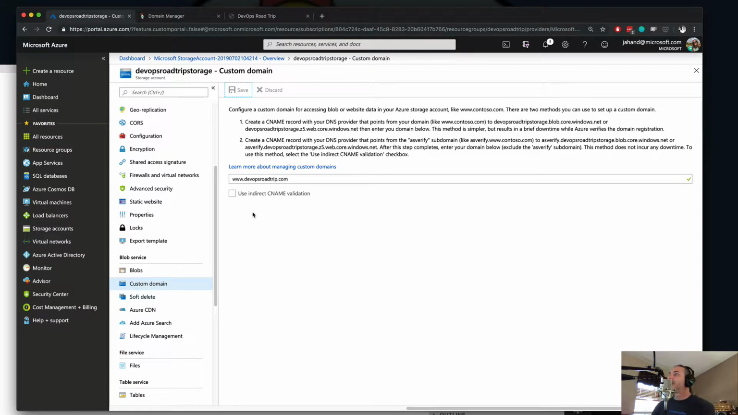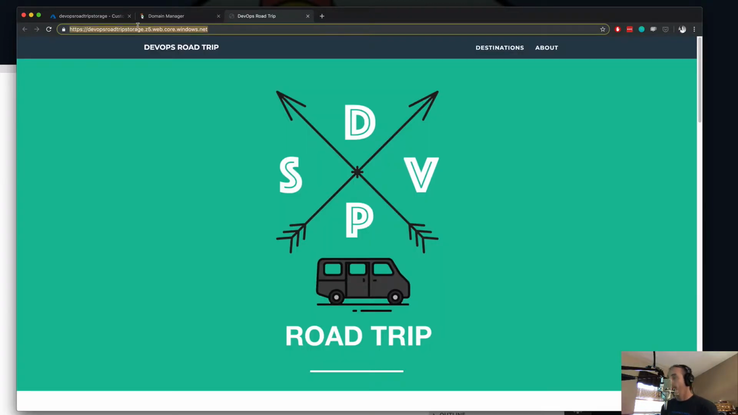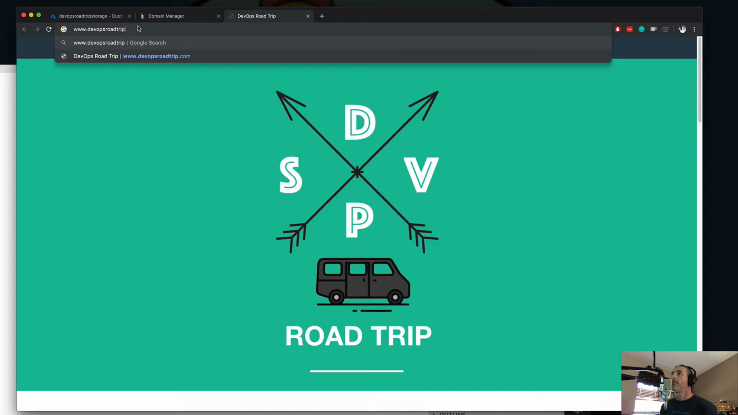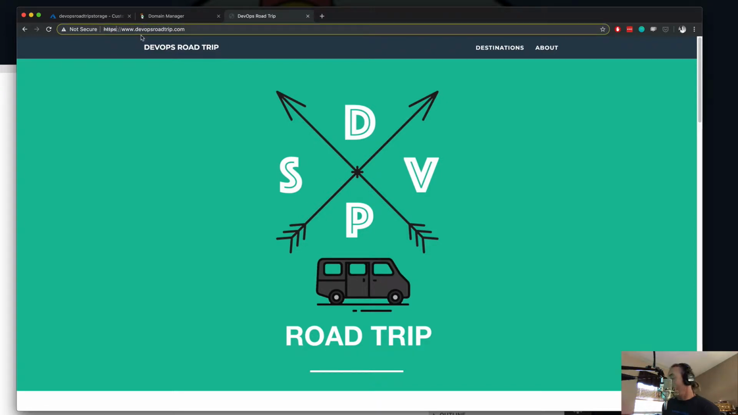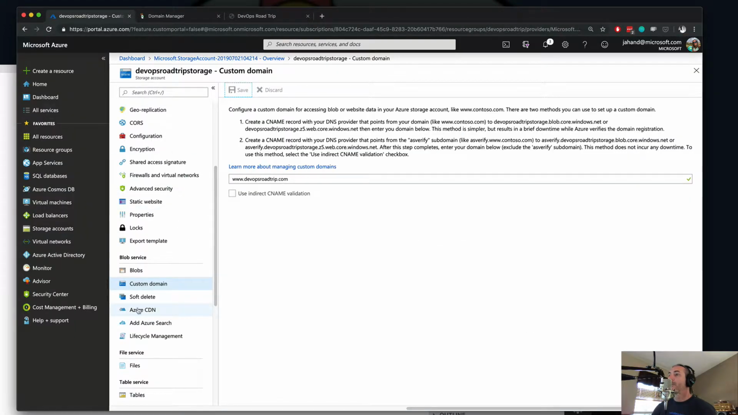Now the last piece definitely takes a long time, because currently if I were to go to www.devopsroadtrip.com and it tries to go to HTTPS, it sees that it's insecure, and that's because I don't have HTTPS set up. I don't have a secure certificate associated with this domain name. So all it can do is just HTTP, but it wants to automatically, for good reason, go to HTTPS. So in order to fix this, what we have to do is go into Azure CDN,